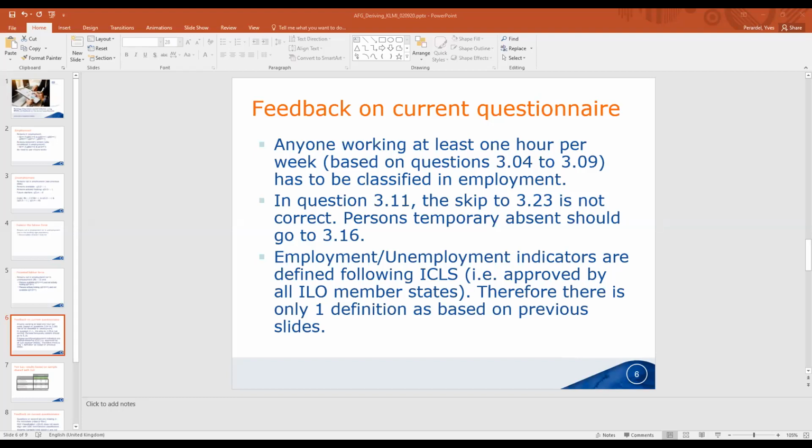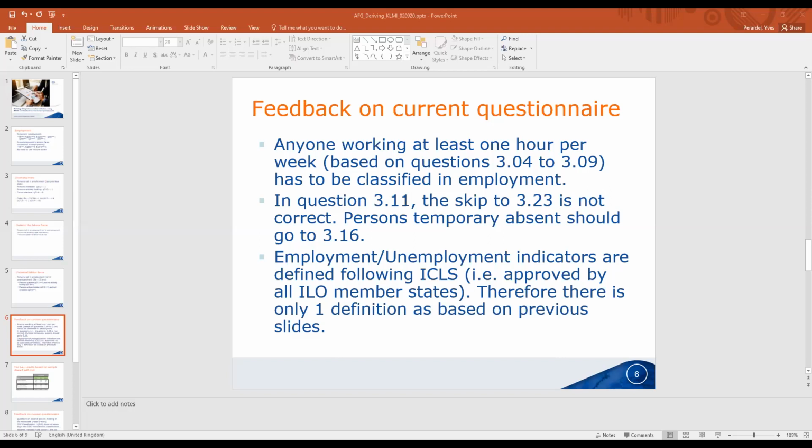So you see here, if the persons are temporarily absent in question 310, once they have replied to the reason why they were temporarily absent in 311, they go to 323. And the small problem of this is that they are missing all the questions